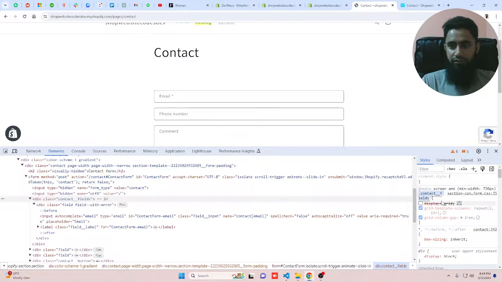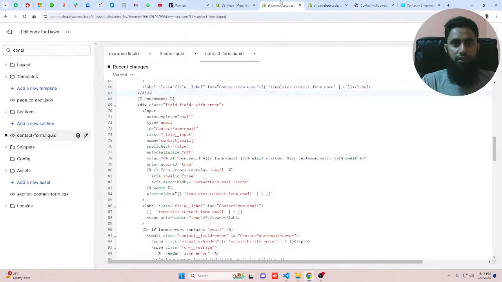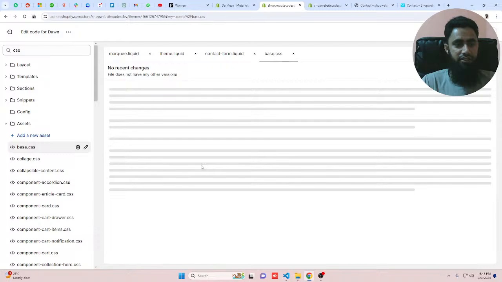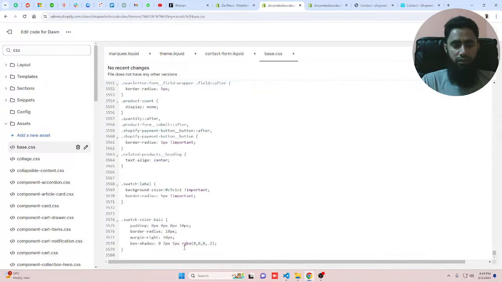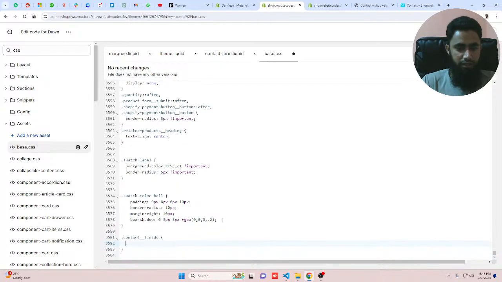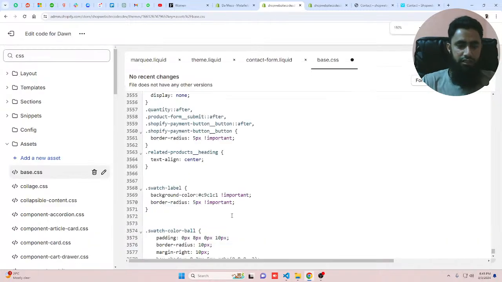Contact fields. So I'm going to add some CSS. Where you should add the CSS, you should search here CSS, and here we have base.css. There may be any other CSS also. So in the bottom I'm going to add contact, and here you should write that CSS. Okay,